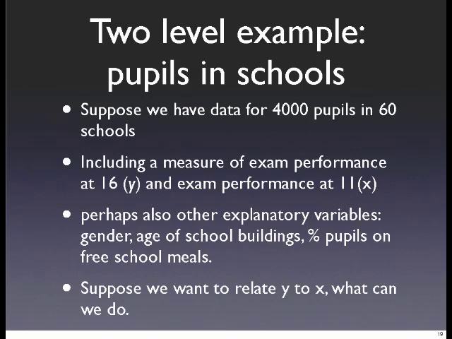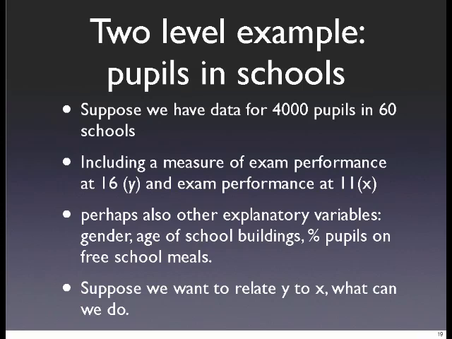What could we actually do with that information? Well, let's also assume that we've got an exam performance at 16 that they've done recently, and also we know how they did when they were 11, these pupils in schools. And let's suppose we've also got some other explanatory or X variables, or you might want to call them independent variables. So for example, the gender of the pupil, the age of the school buildings, and the percentage of pupils